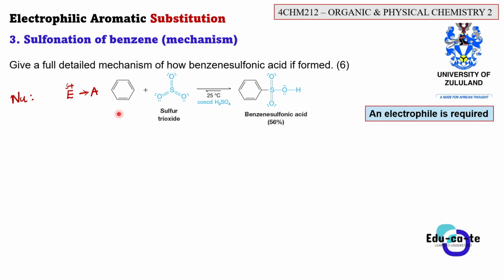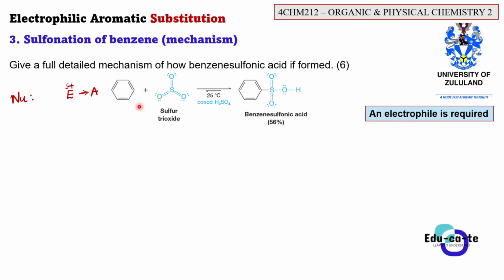And if you ask me where that extra pair of electrons is coming from, of course, you can see that the benzene ring has pi electrons. Since it has double bonds here, it has pi electrons, and these electrons are delocalized, so they can easily be donated. They are loose; they are not really tightly bound to this benzene ring. So the benzene ring always acts as the nucleophile. But here, do we even have an electrophile? No, we don't have an electrophile, because this sulfur trioxide is actually a compound, and it is perfectly balanced.